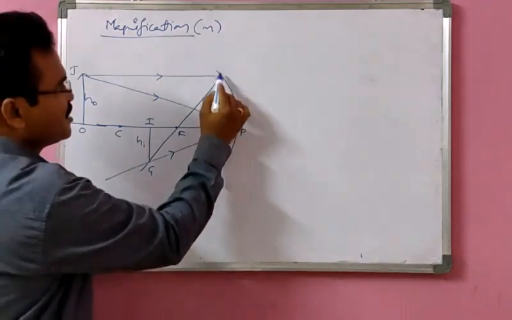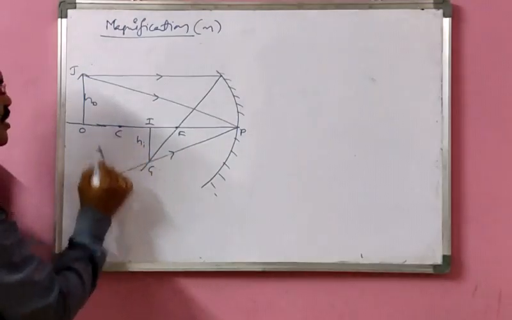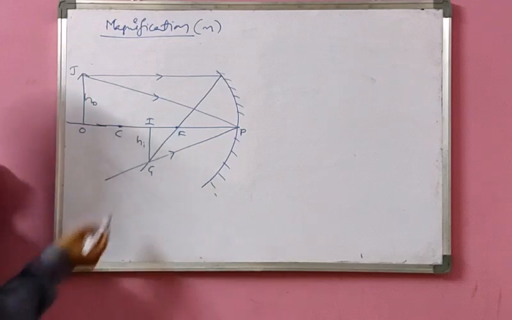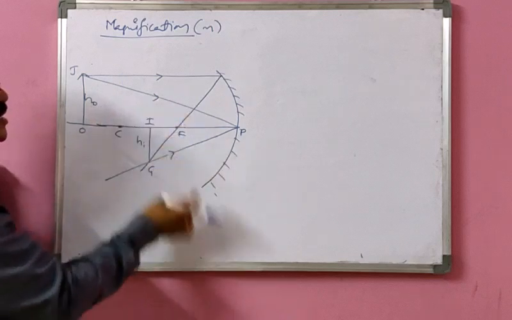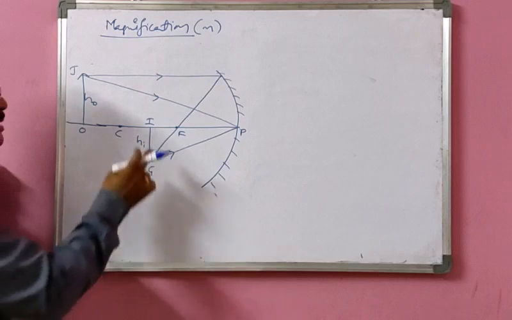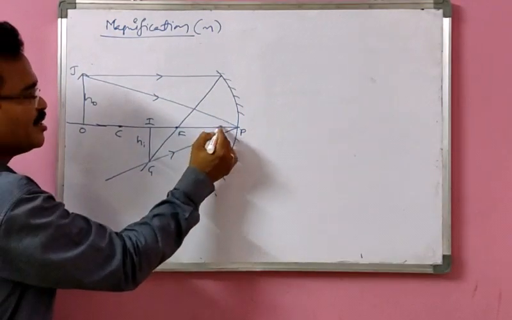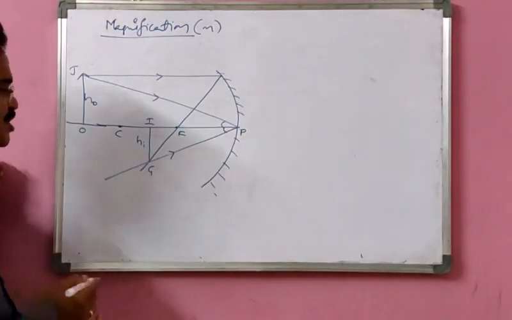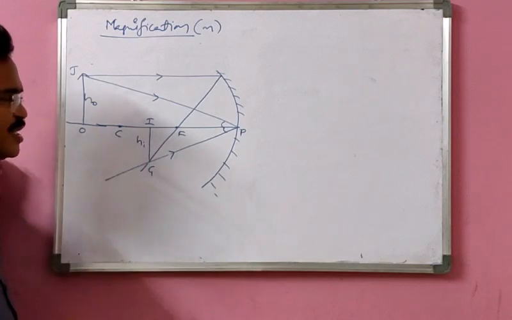Now in this figure, you can see a concave mirror of focal length F and radius of curvature R. This is the center of curvature. This is the focus. OJ is an object of height h naught placed on the principal axis. Two rays are taken: one parallel to the principal axis passing through the focus, and another striking the pole, which reflects making the same angle. These two angles must be the same because the angle of incidence equals the angle of reflection. Wherever they intersect, you get the image. IG is the image of this one.